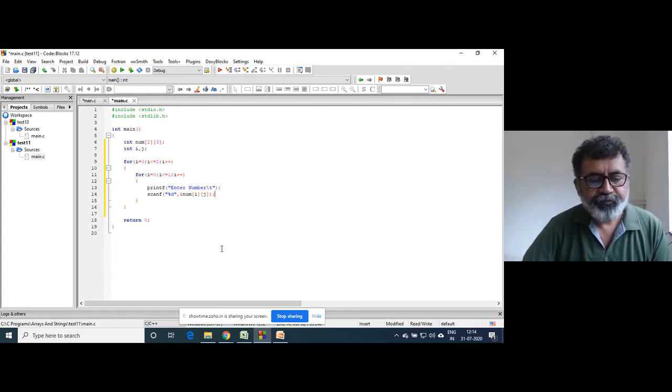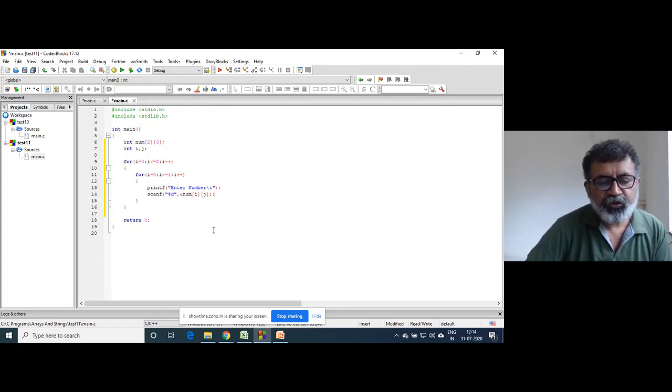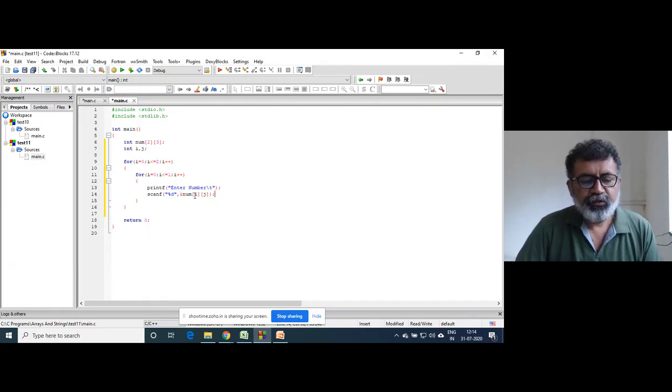So numbers will be stored as 0 0, 0 1, 0 2, then 1 0, 1 1 and 1 2.